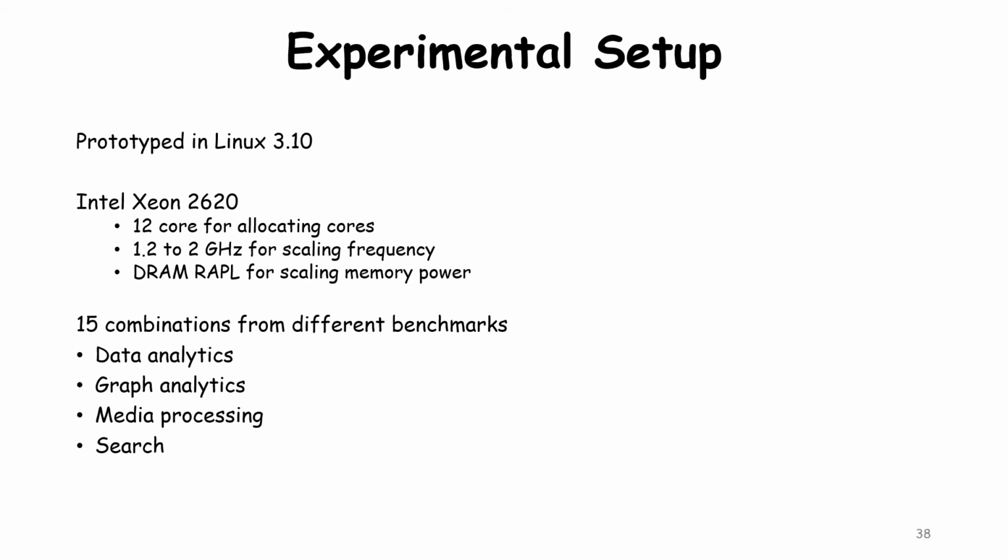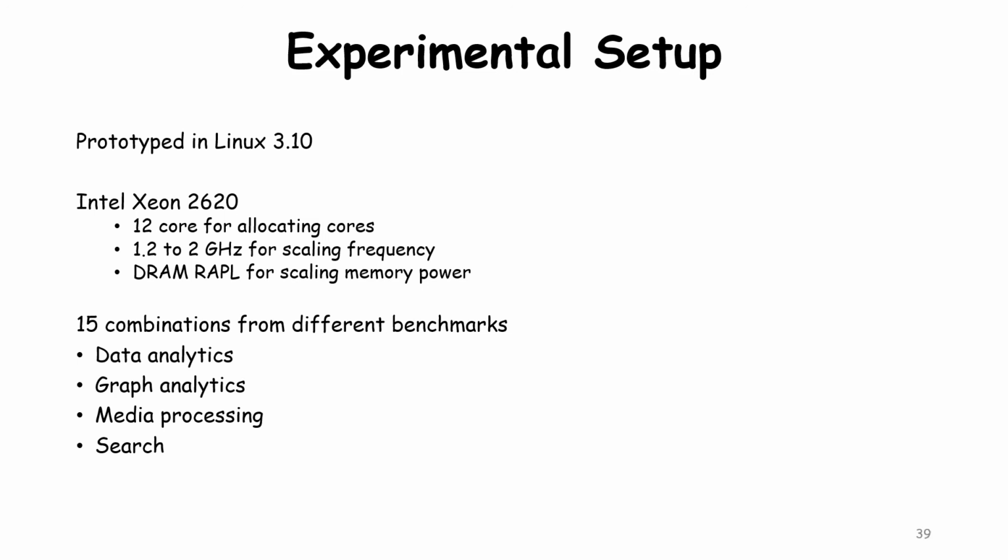We evaluated our prototype on an Intel Xeon 2620 server, which provided us with the following knobs for allocating resources and managing power. It has 12 cores which enable us to perform core consolidation and keep the rest of the cores in idle deep sleep state. And it also allows for per core frequency scaling and DRAM RAPL to allocate power to DRAM. We can also put the socket to its deepest state by keeping all the cores in idle state, which will allow us to charge and discharge the battery, which is a lead acid battery connected to our server platform.